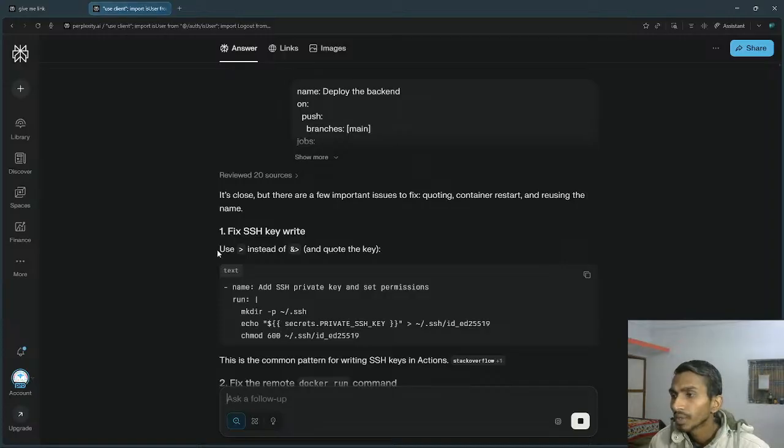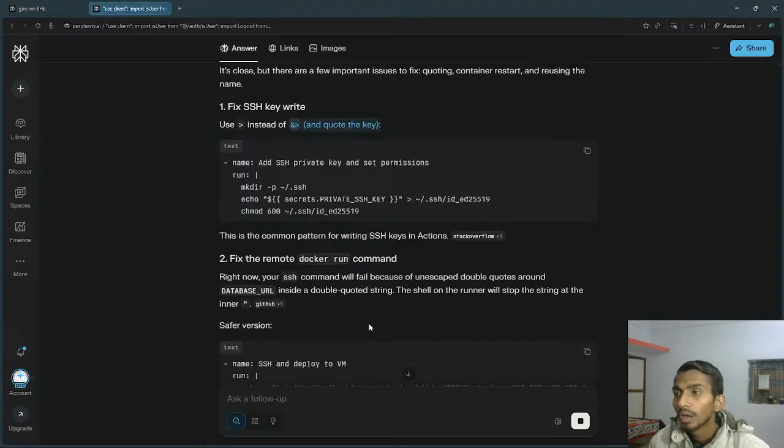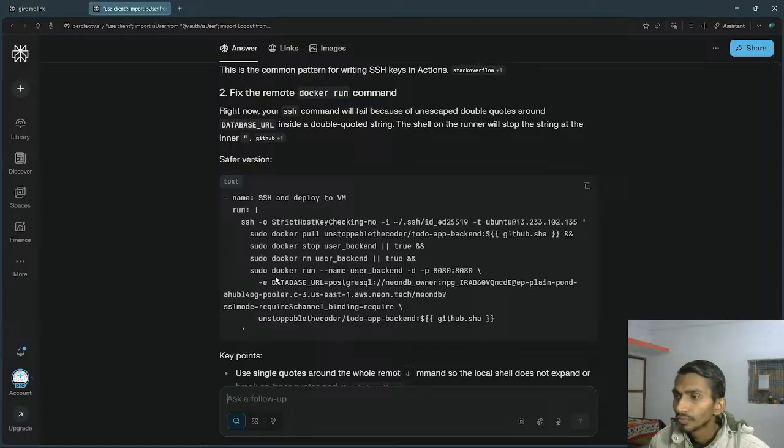Okay. Use... oh, I didn't use this. And the key. SSH key, but still I'm not able to SSH into the machine. Fix the remote Docker run. So what am I saying? That SSH into the machine,